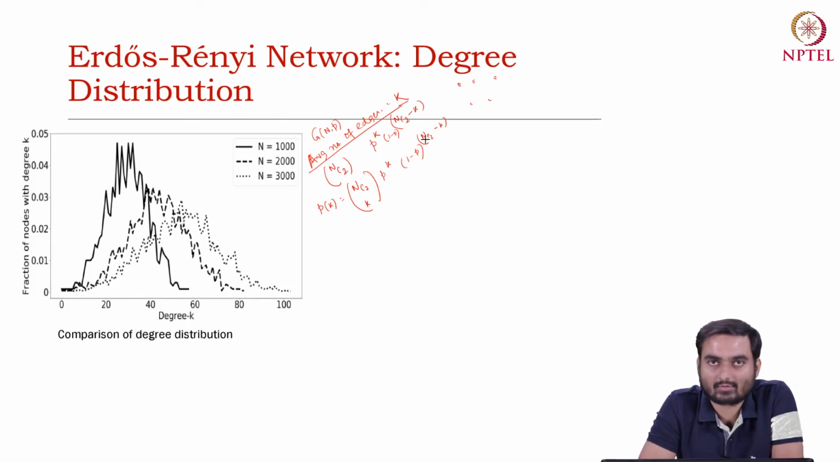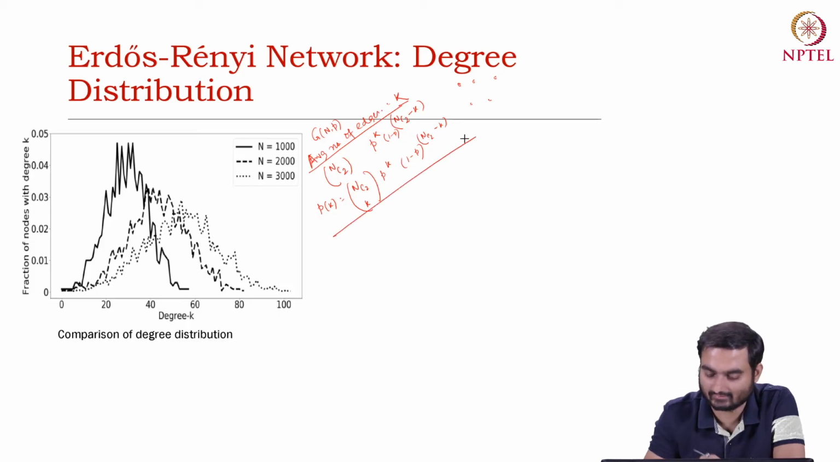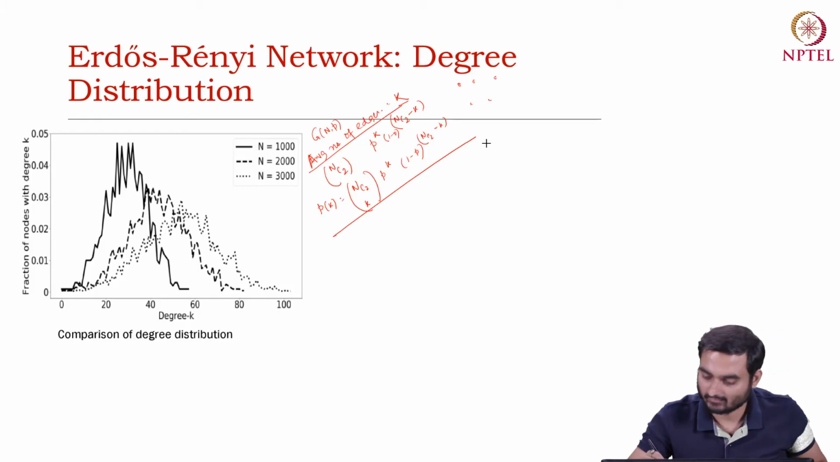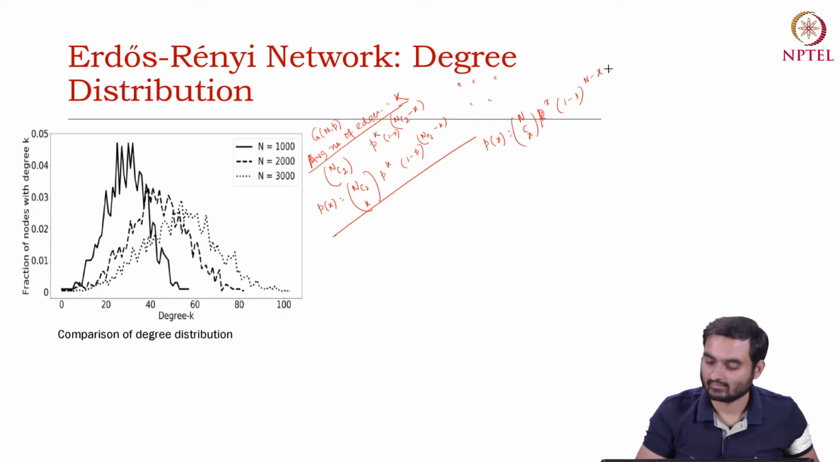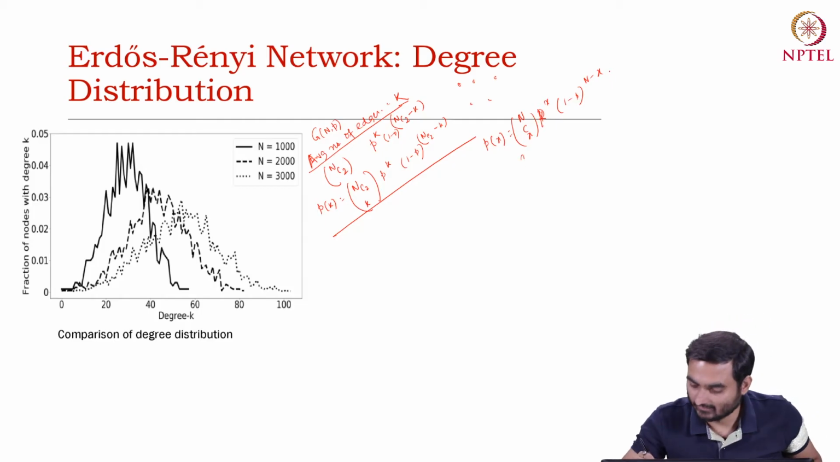Okay, so this is the probability of k number of edges in a random network. So what is the expected number of edges? Since this is exactly following the binomial distribution, which is p of x, we know nCx, p to the power x, 1 minus p to the power n minus x, and what's the mean? Mean is always np,